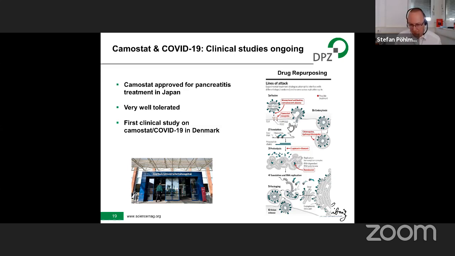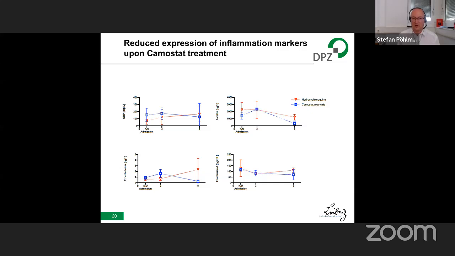So in short, camostat mesylate joins the drugs that are currently used or explored for SARS coronavirus 2 treatment, including remdesivir and chloroquine. Is there any evidence that camostat may do anything good in COVID-19 patients? We examined this. Camostat was used